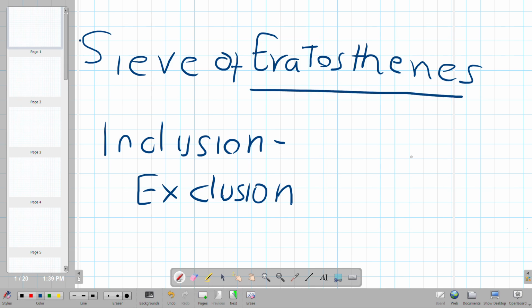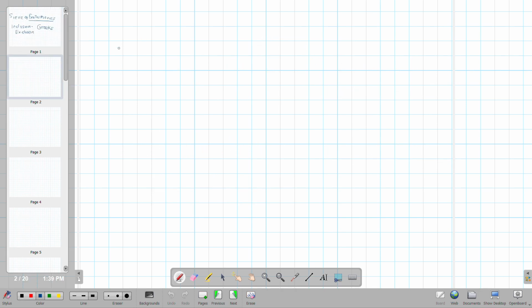And something that is very interesting about number theory is the Greeks. Yes, the Greeks did a lot in number theory. You will find it with the Euclidean algorithm. You will find it in multiple places in number theory. So what's a sieve? Well, a sieve selects from something and leaves you with less, right? And so if you're looking for primes, I think an easy way that I like to do these sieves is